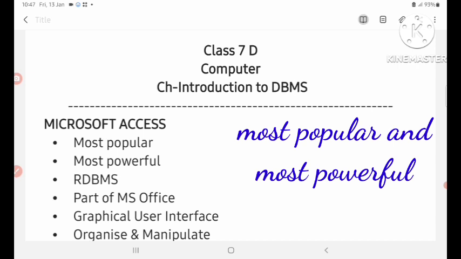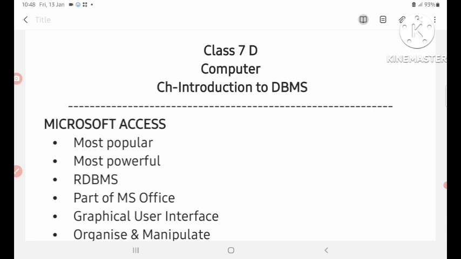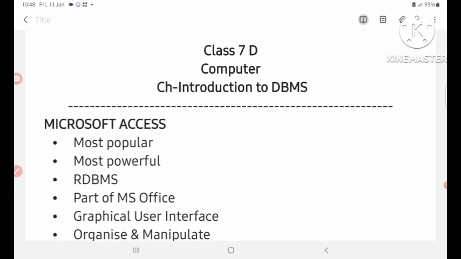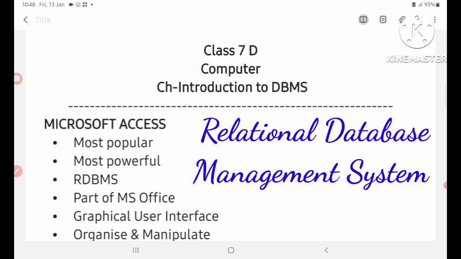It means MS Access is the most powerful, most popular, and this is an RDBMS application. You should remember the RDBMS full form: Relational Database Management System. Children, you should know about it.